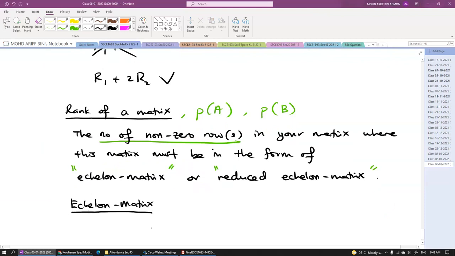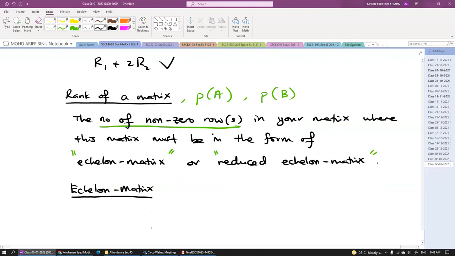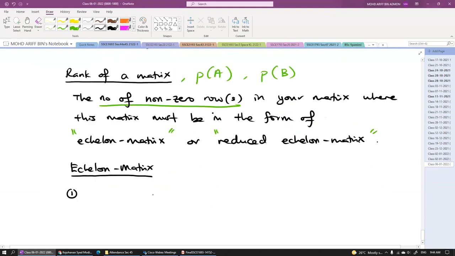Okay, the epsilon matrix here contains, I think, 5 items that you have to check. From your matrix, whether you have an epsilon matrix or not, you have to check these 5 conditions. Okay, the first one, your matrix must have at least